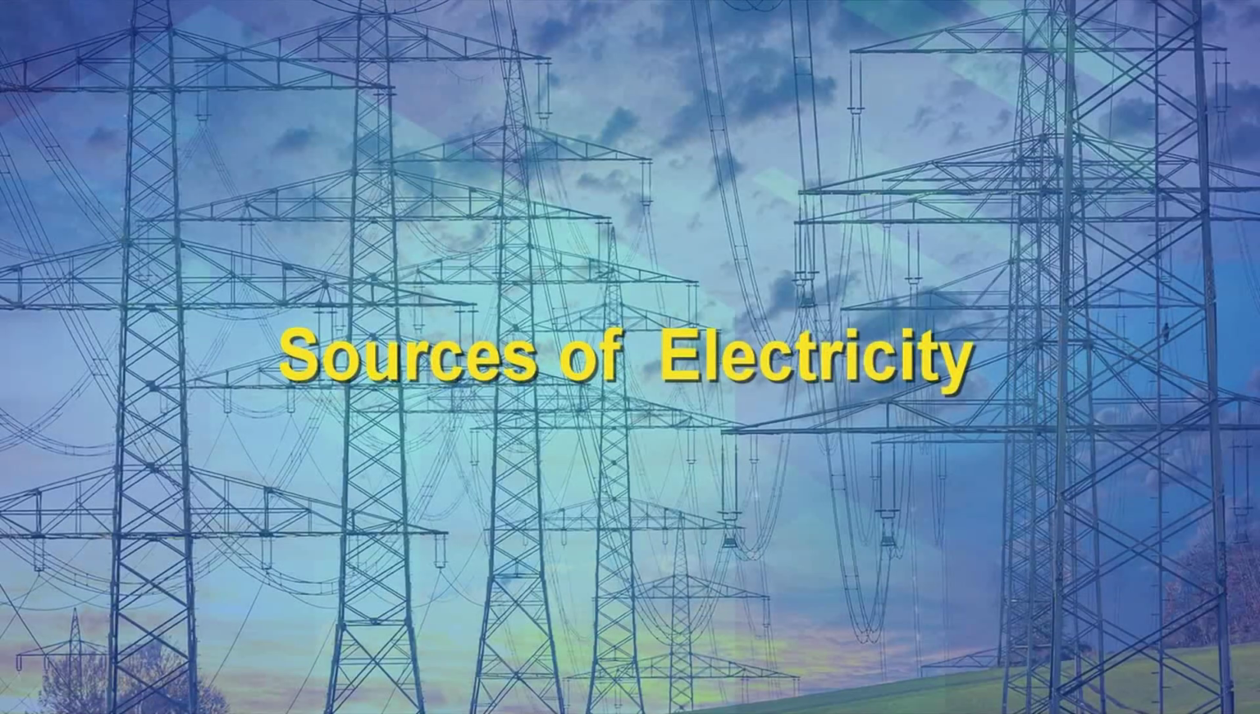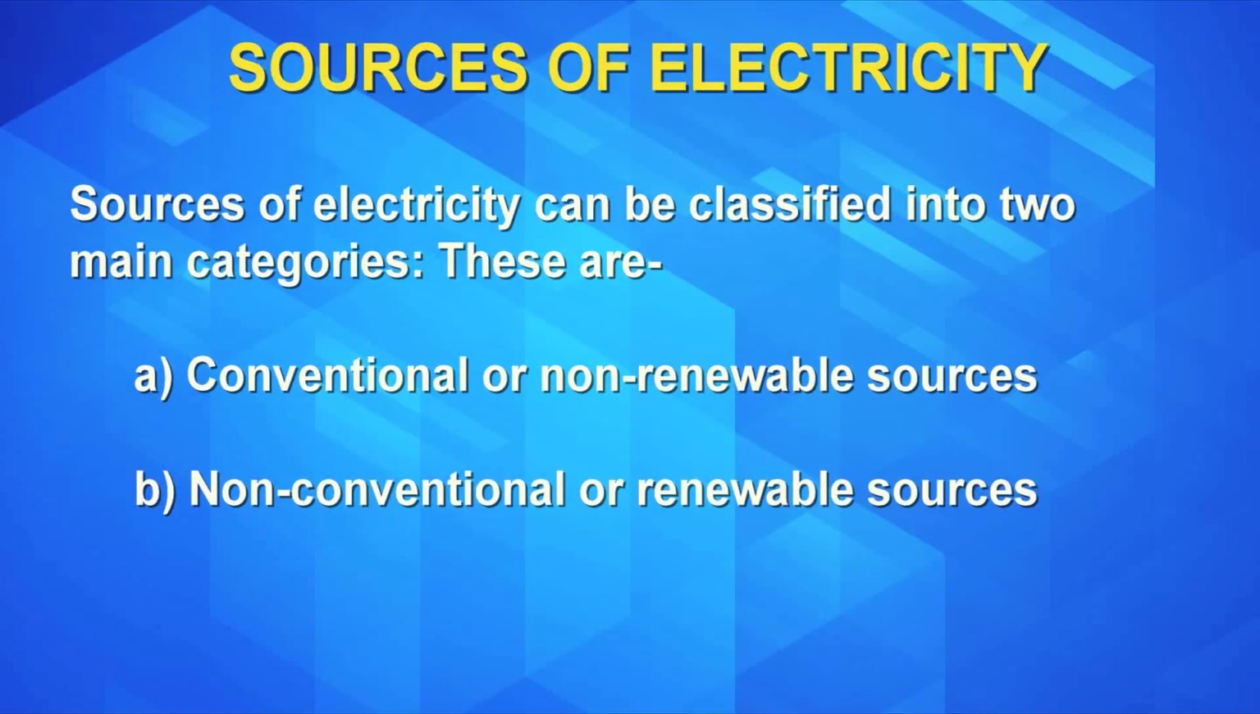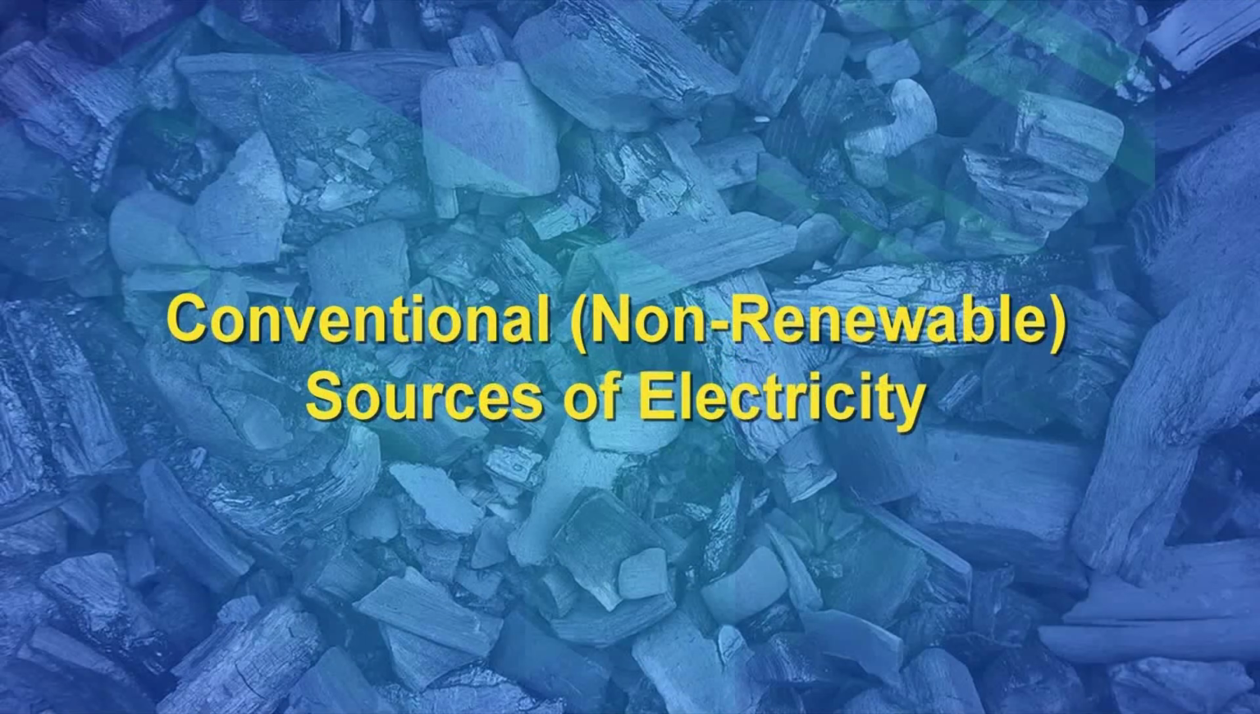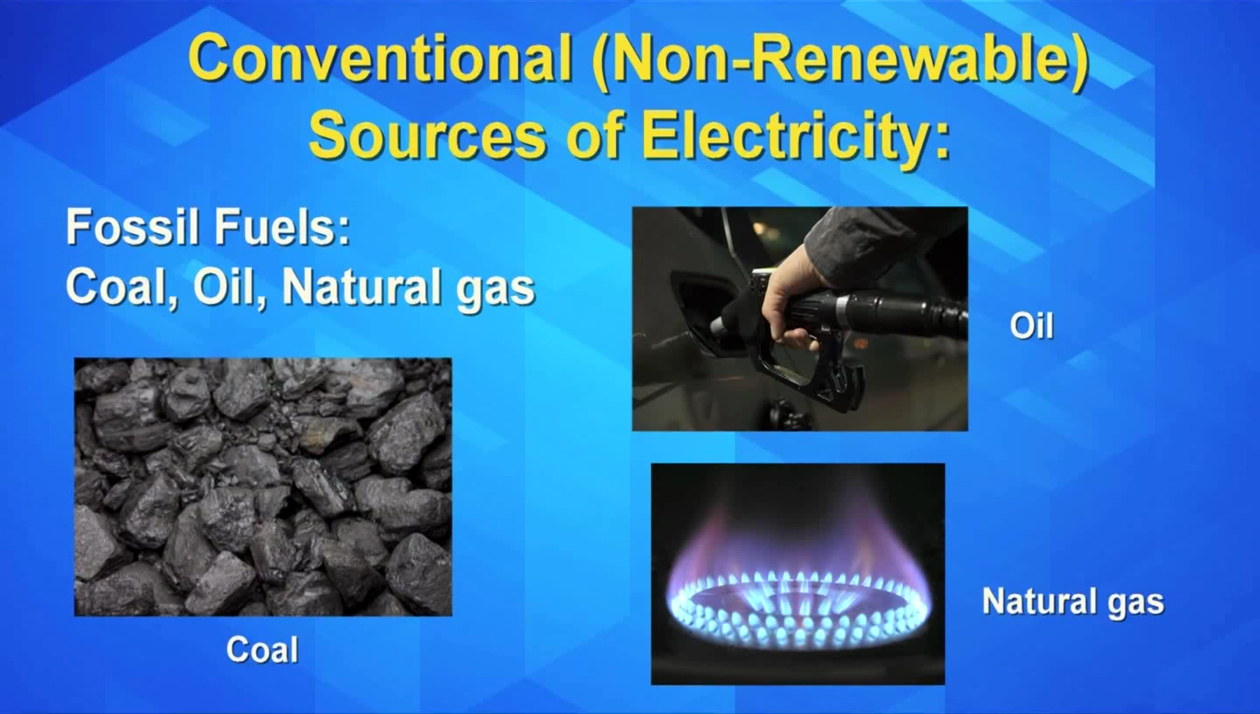Now, sources of electricity. There are various sources of electricity that are used to generate the electrical power. All these sources are available in nature. These sources can be classified into two main categories. These are conventional or non-renewable sources and non-conventional or renewable sources. Conventional or non-renewable sources of electricity. Fossil fuels,